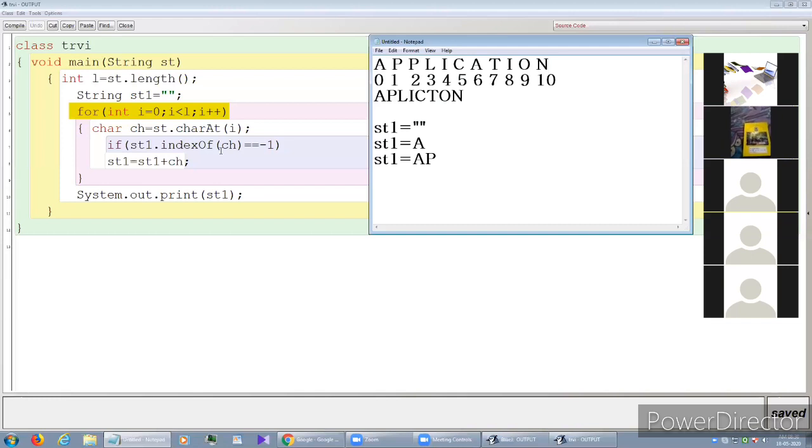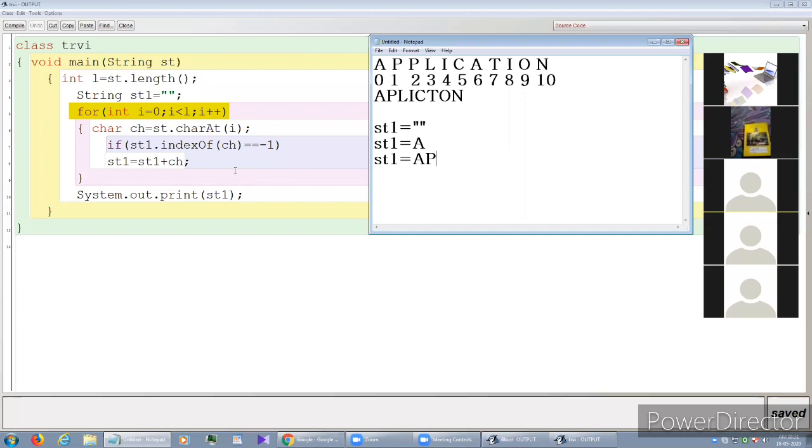So this condition is not satisfied. If this condition is not satisfied, then P will not be added to this st1. Which P? The second P. That means whatever P is in 2 index will not be added here because this condition is not satisfied.